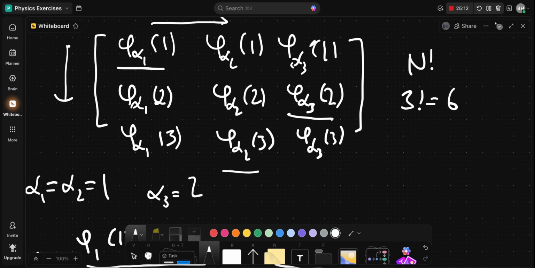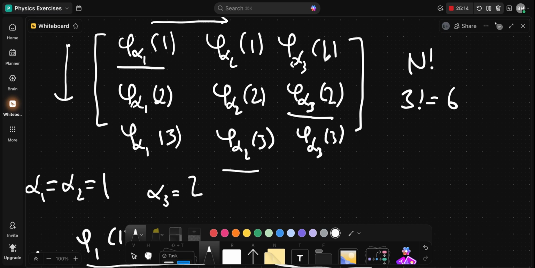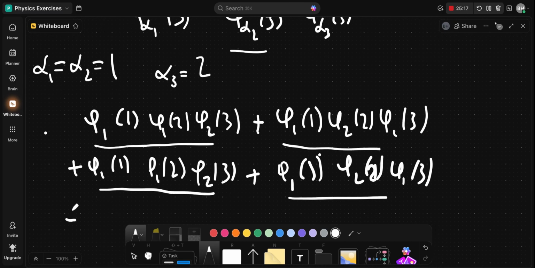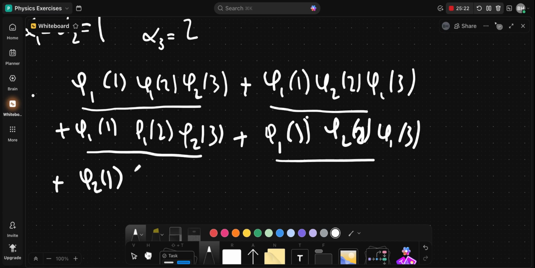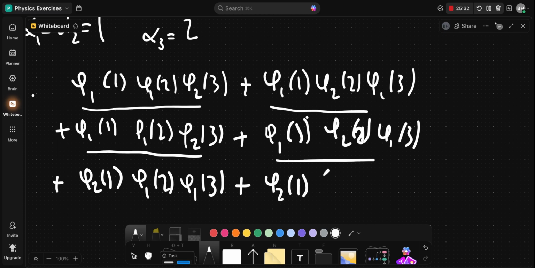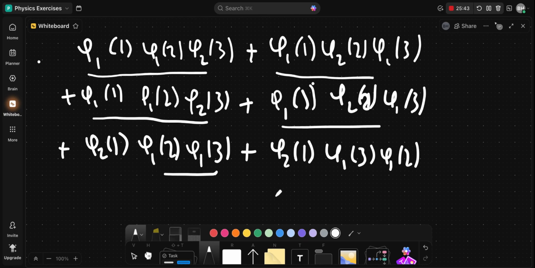Let me do this one now. This is going to be phi 2, 1. And it's easy to see what will happen afterwards. It's going to be phi 1, 2, phi 1, 3, and you're going to get that once more. So these two terms are going to be the same, because if I exchange between these, I'm not generating a new term. So this is what the permanent gives you, and that's six terms, n factorial terms,